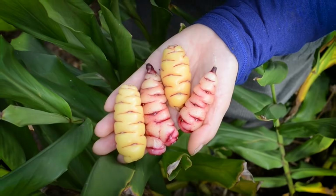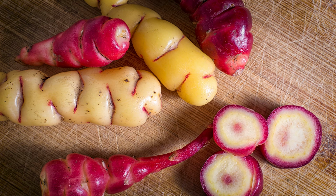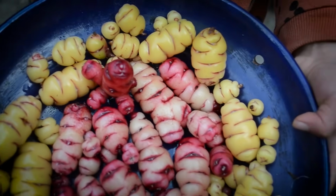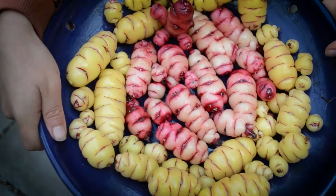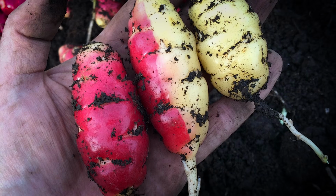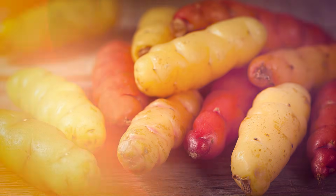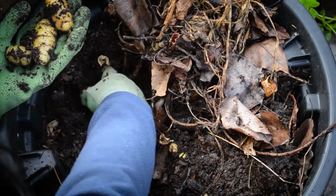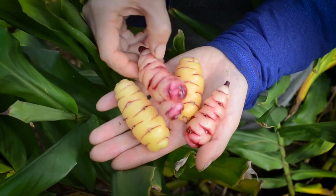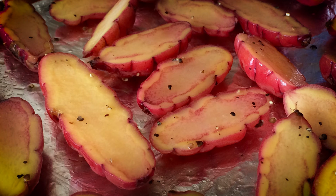Oca. These small, brightly colored tubers look like miniature deformed potatoes that have been dipped in paint. Oca tubers come in vivid shades of pink, orange, yellow, and red, often with contrasting patterns that make them look more like decorative beads than food. Native to the Andes, oca made a strange journey to American gardens through adventurous seed catalogs and the curiosity of experimental growers. What makes oca truly weird is its flavor, tangy and almost lemony, nothing like the neutral starchiness of